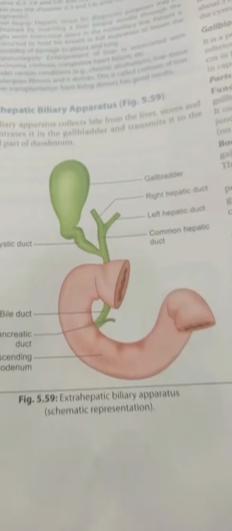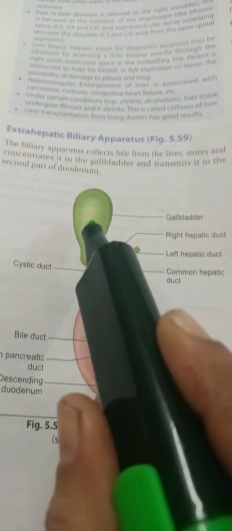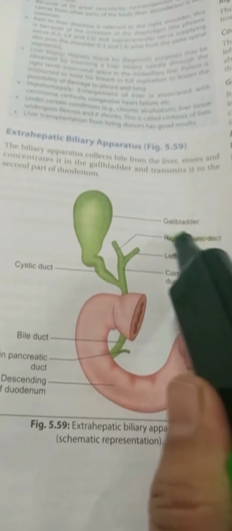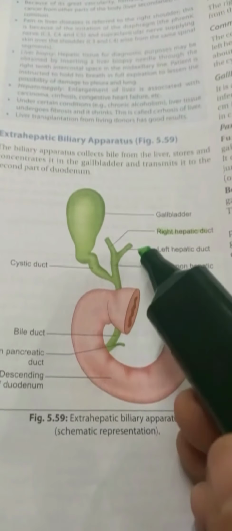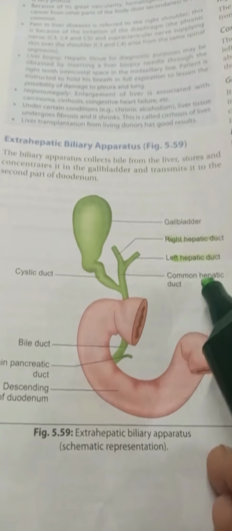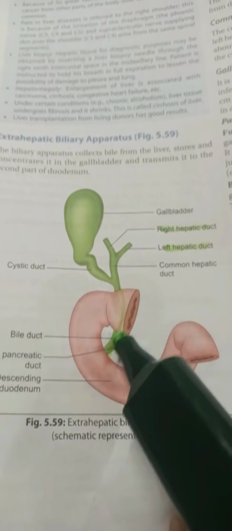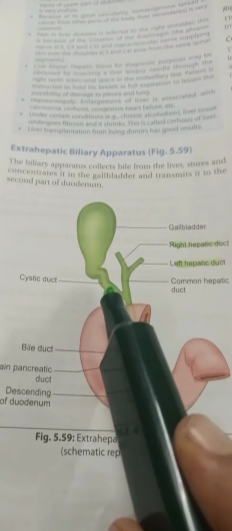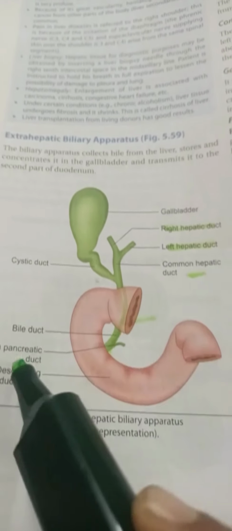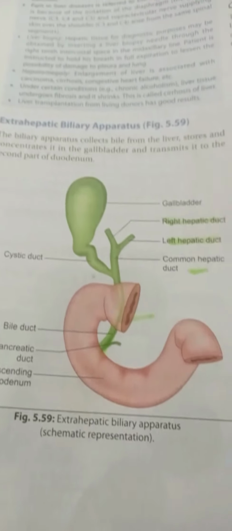So now coming to the gallbladder. In the gallbladder we have the cystic duct that is coming from the gallbladder. So this is the cystic duct. Now we have the right hepatic artery. This one is the right hepatic artery and this one is the left hepatic artery, right? When they join they form the common hepatic artery, and this is the cystic. So the common bile duct, this one is the common bile duct. This is formed by the joining of the cystic duct and the common hepatic duct, right? So that is called the common bile duct. So this is about the gallbladder.